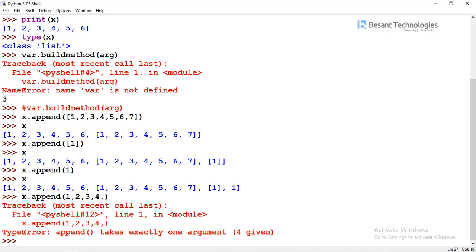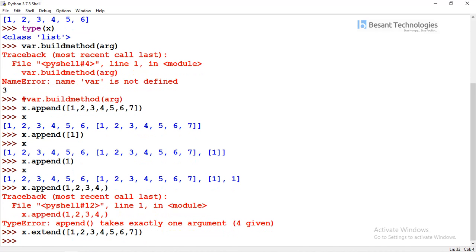Okay, so we just added one list to another list. Now we'll discuss extend. What is extend? With extend you can pass iterable objects, and it iterates over them so that every element becomes a different index, not like append.